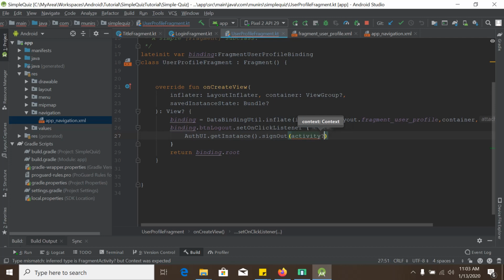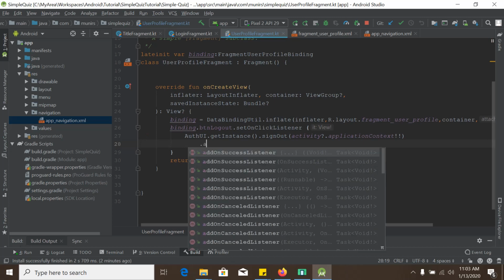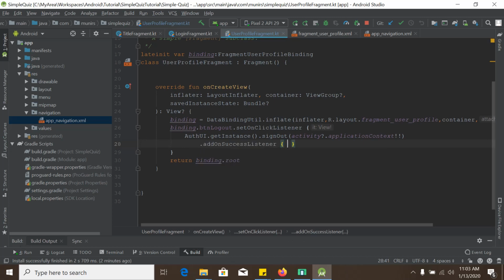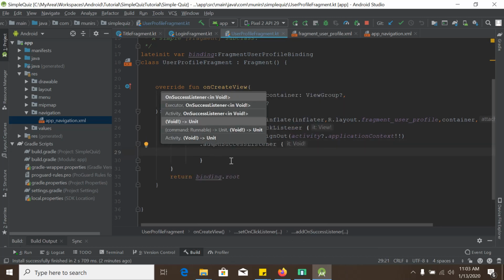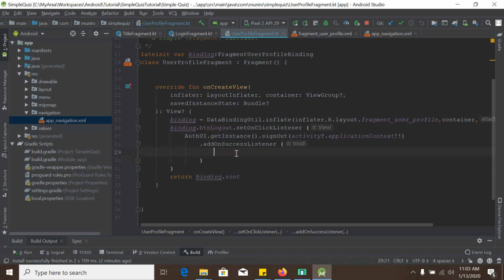Activity will be not null, and application context, and it will be not-null assertion operator. Okay, and if it is logged out, then we will generate another method, which is addOnSuccessListener. So inside this addOnSuccessListener we will navigate the user back to login